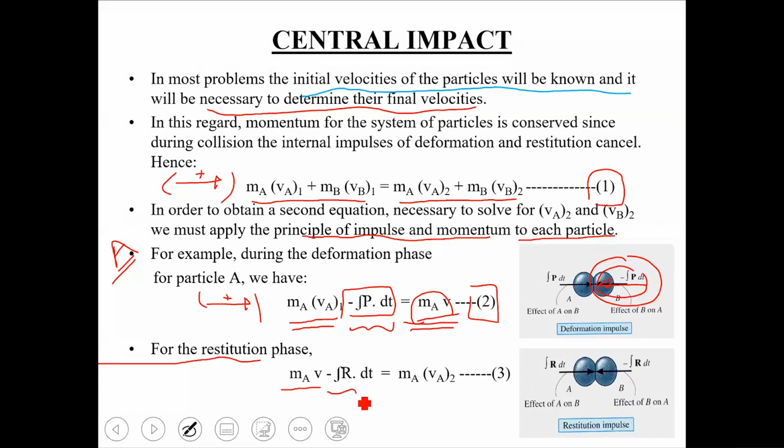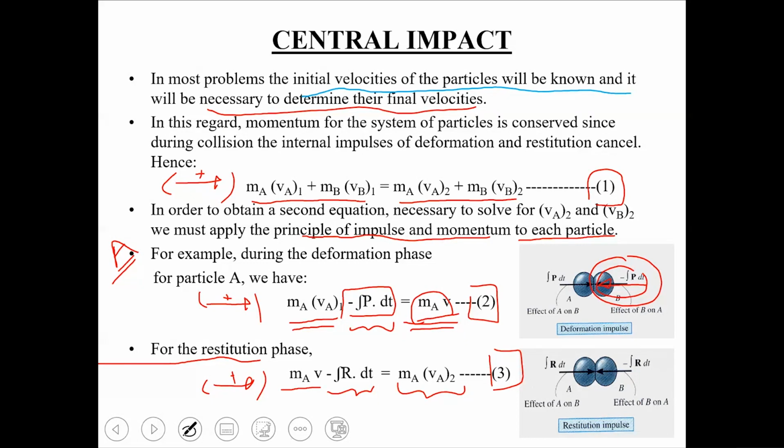This is the impulse which particle B is exerting on particle A along the line of impact, and this is the final momentum of particle A after the restitution phase. So ये मैंने equation number 3 इसको नाम दे दिया।